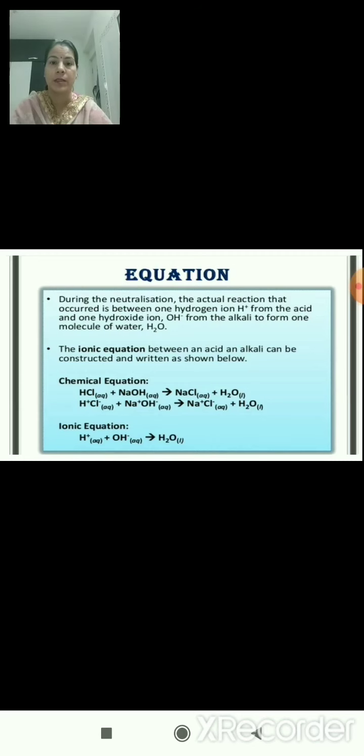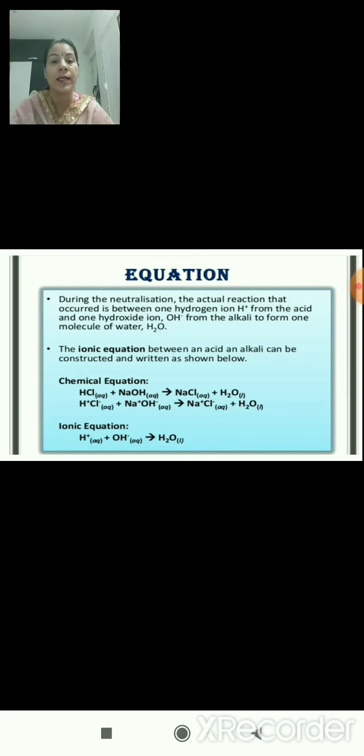correct amount. During the neutralization, the actual reaction that occurs is between a hydrogen ion from the acid and one hydroxide ion, that is OH minus ion, from the base or alkali to form one molecule of water, which is denoted as H2O. The ionic equation between an acid and an alkali or a base can be constructed and written as shown